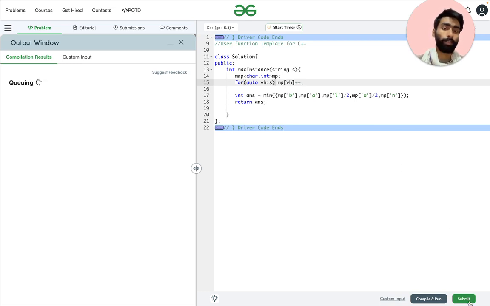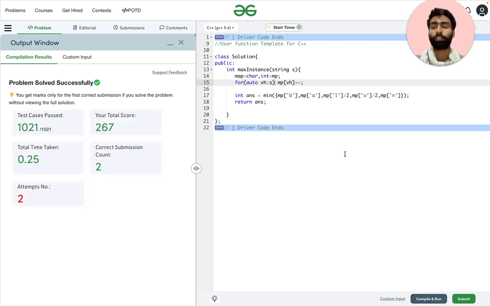So let us submit. It is always recommended to first compile and run to check for spelling and syntax errors, if there are any. So all test cases were passed successfully.